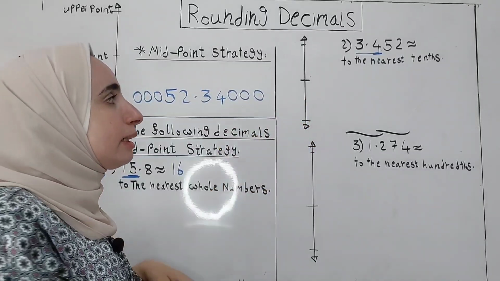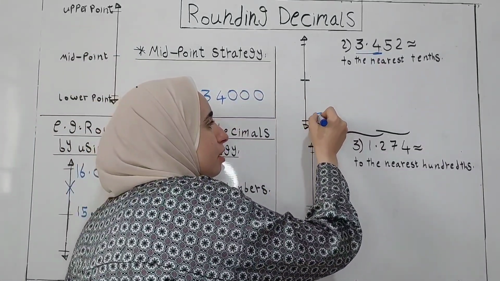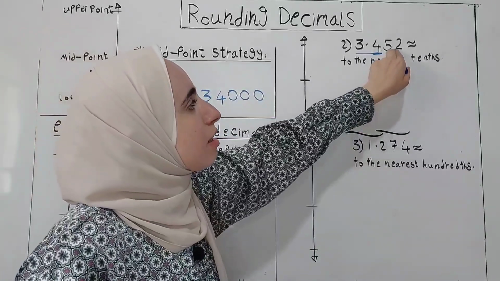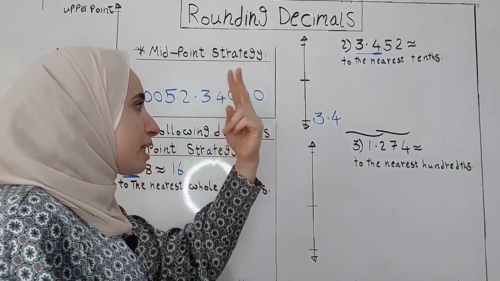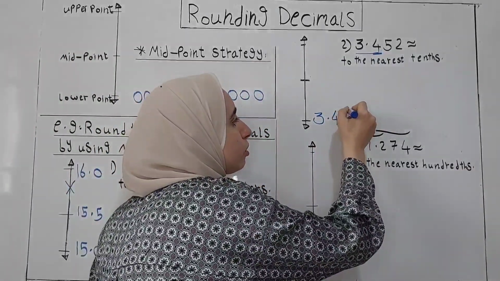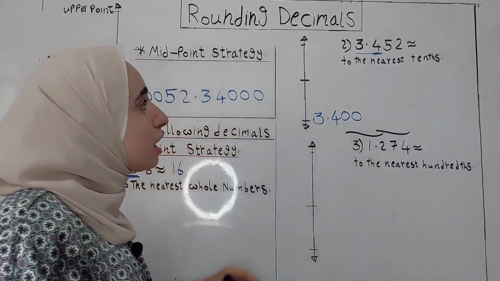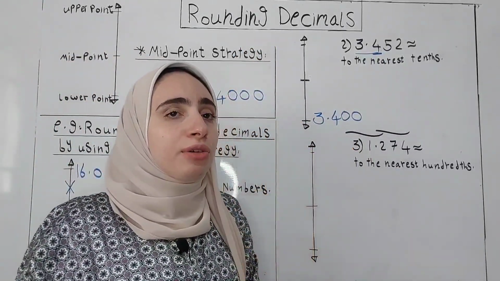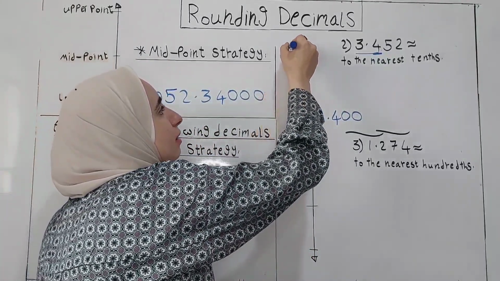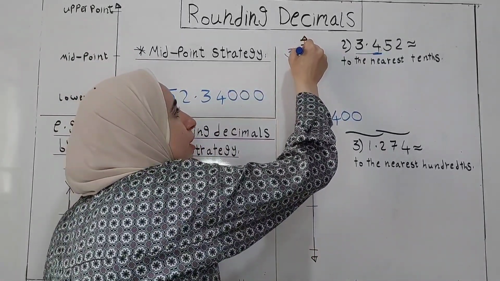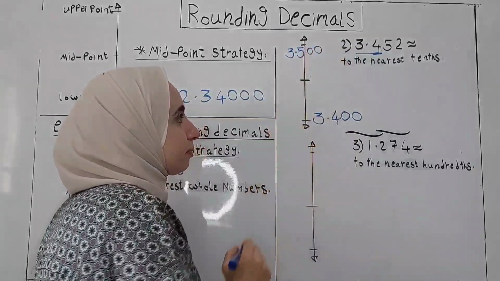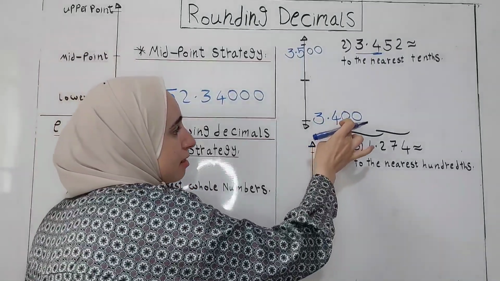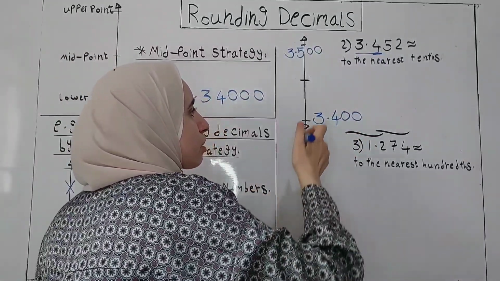Now, to write the lower point, we put 3.4 and replace the digits in the last place with how many zeros? 2. So we put 2 zeros. Now, to write the upper point, we add 1 to the digit 4. It will be 5. So we write 3.5 and also 2 zeros. Now, to write the midpoint, we replace this 0 with 5. So we put